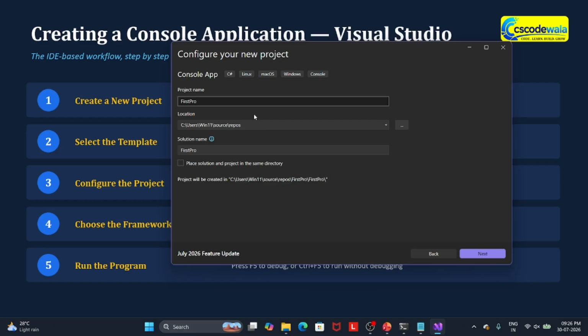First program, okay, and here is the location where your first program is created. The location is C:\user\win\source\repo. And the solution, what is your solution name? My solution is first program, okay, and here I place the solution and project in the same directory. Yes, so next,